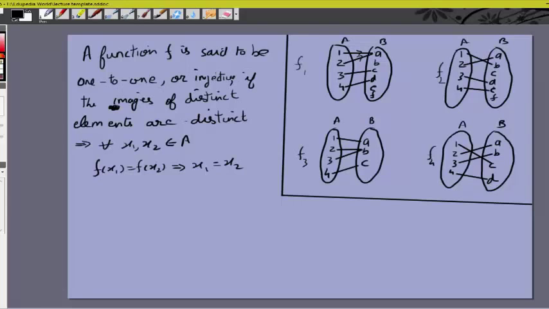I just remember it by the phrase one-to-one, which means one value of y corresponds to one value of x. That need not be true for all functions. It is true for one-to-one or injective functions. The inverse is true for all functions. One value of x gives you one and only one value of y. Right, so this is one definition. Another is a function